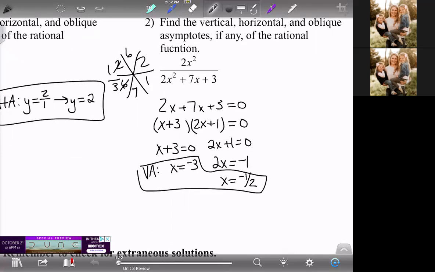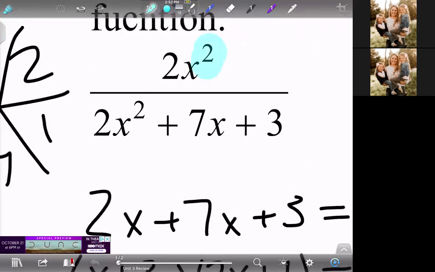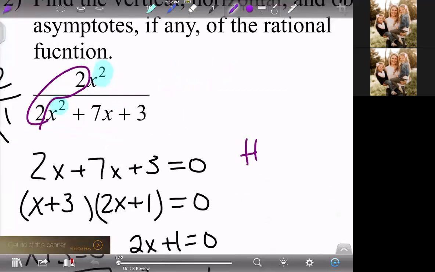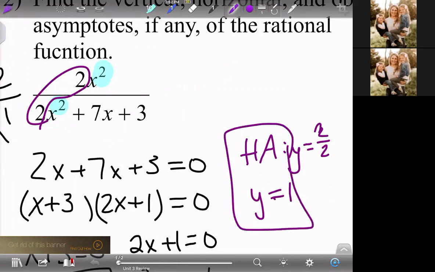Next up is the horizontal. In order to find your horizontal, you're going to compare the degrees in the numerator and the denominator. In this case, they both happen to be the same. Since they're the same degree, you're going to make a fraction with the leading coefficients. So we're going to have y equals 2/2, which would just be y equals 1. So our horizontal